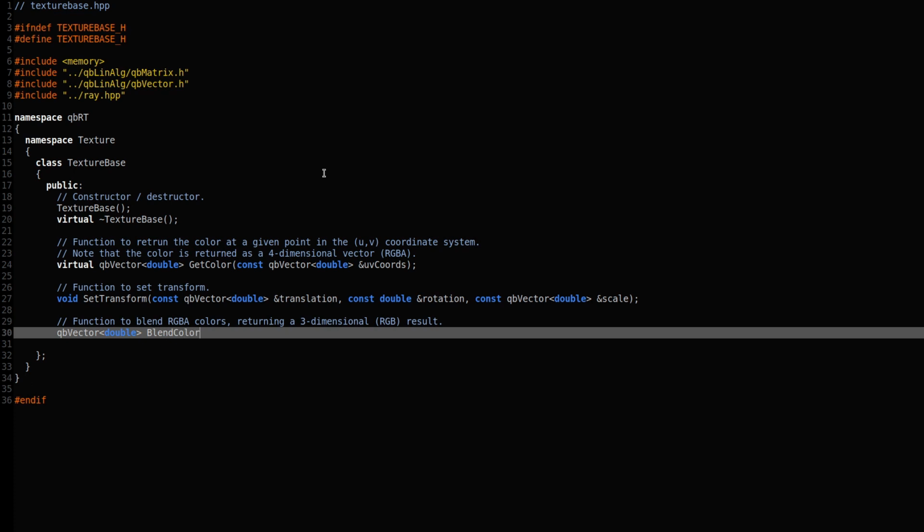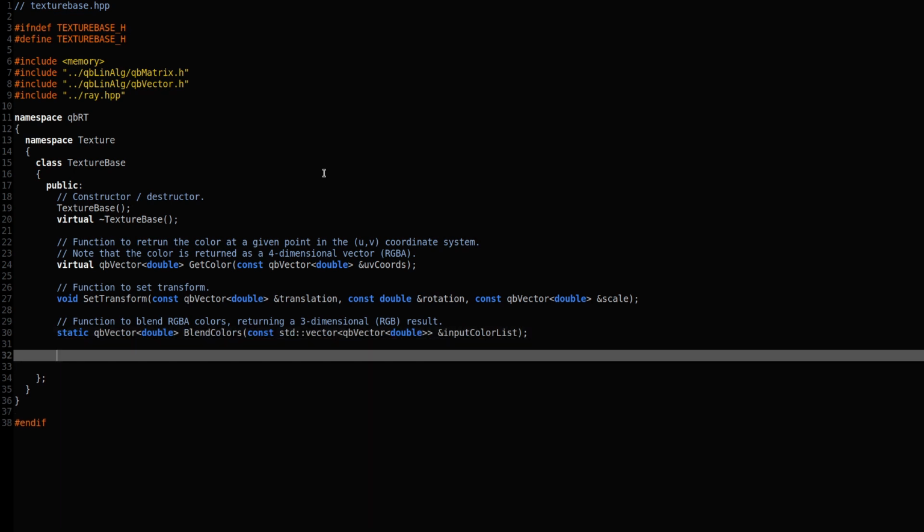Blend colors. At the moment, that accepts const std vector qb vector double, so a vector of qb vectors of type double, like so, reference input color list. Right? Okay. That should be declared static so that we can reference it without reference to a particular